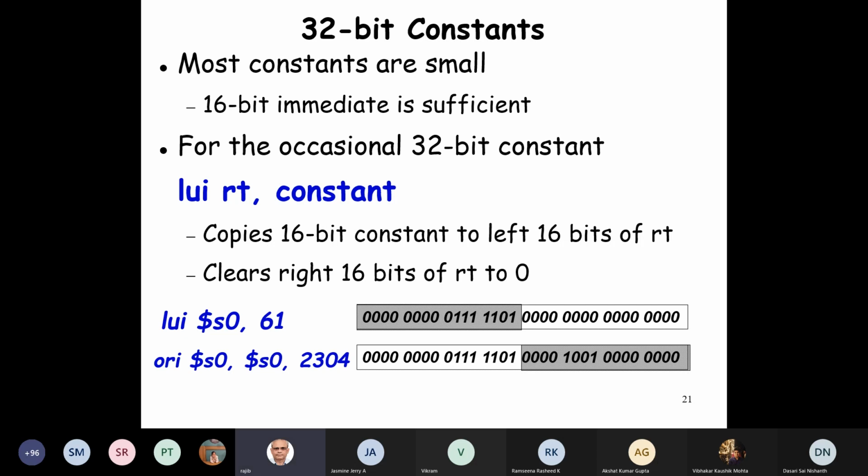So once LUI 61 loads that here, we can do a simple OR immediate, and then we load the lower bytes. This is a small trick we use to load 32-bit values into a register. We'll use this very useful thing: LUI and ORI, load upper immediate and OR immediate. These two we'll use to have 32-bit data loaded into a register.